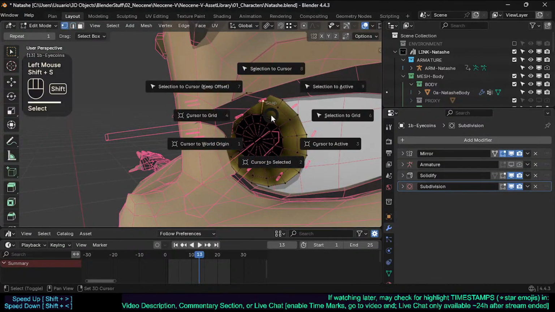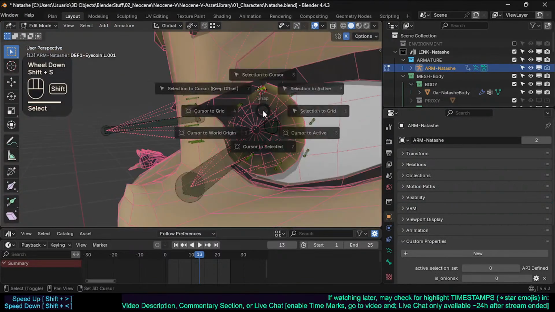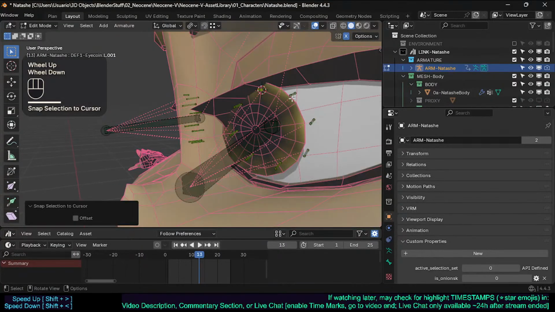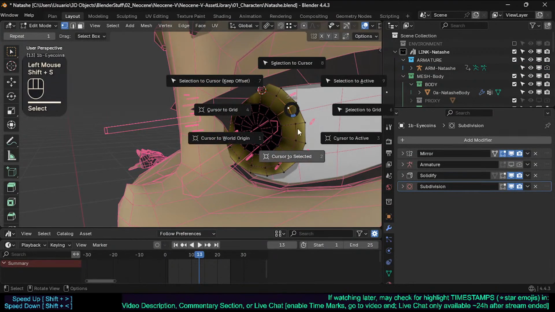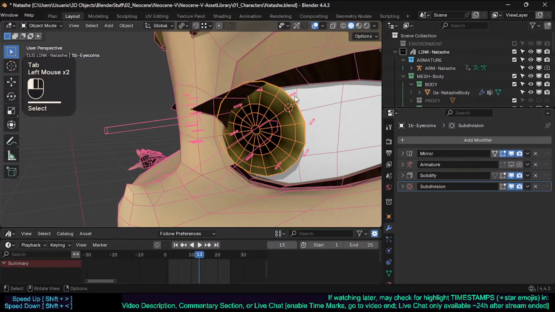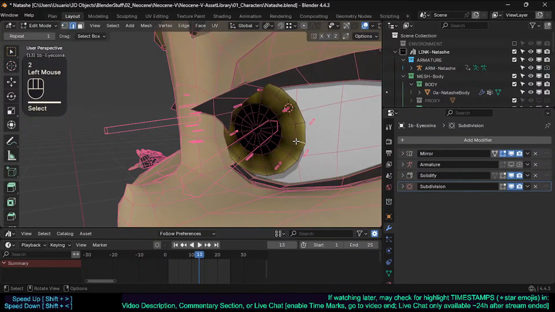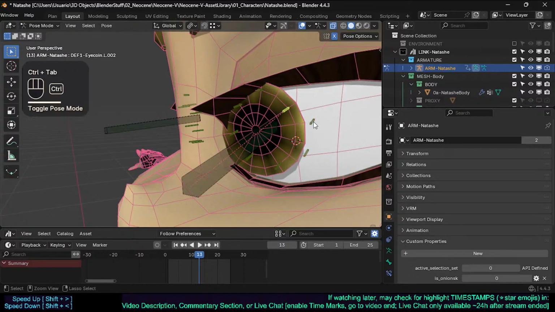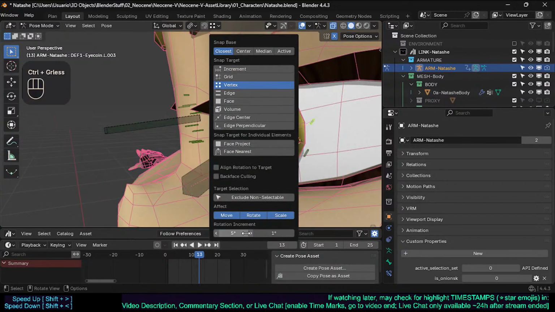So for example, this, then we get this bone, Shift S selection to cursor, there we go. I think it's by 2 like this. Oh, actually, what I'm doing, there's a much easier way. We can just snap manually. Snap to vertex, include